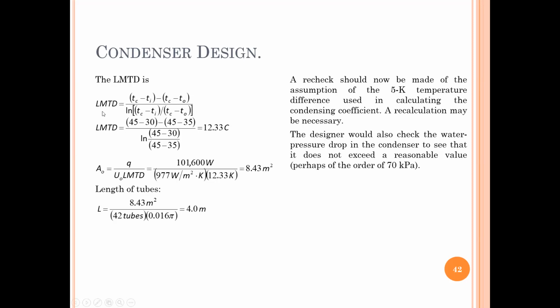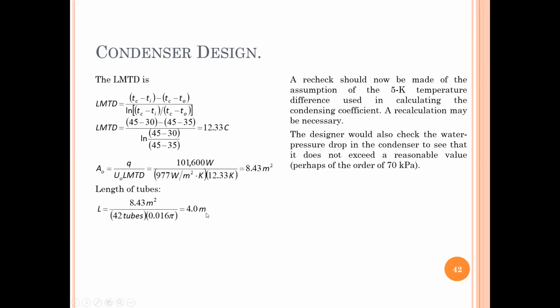Now the LMTD. Ito yung equation mo: (TC minus TI) minus (TC minus TO) over ln of (TC minus TI) over (TC minus TO). LMTD is 45 minus 30 minus 45 minus 35 over ln of 45 minus 30 over 45 minus 35, equal to 12.33°C. Now the area is Q over U_o LMTD, equal to 101,600 over 977 over 12.33, which is 8.43 square meters. So this is now the heat transfer area. Now the length of the tube, L, is equal to 8.43 square meters over 42 divided by π times 0.016, which is 4.1